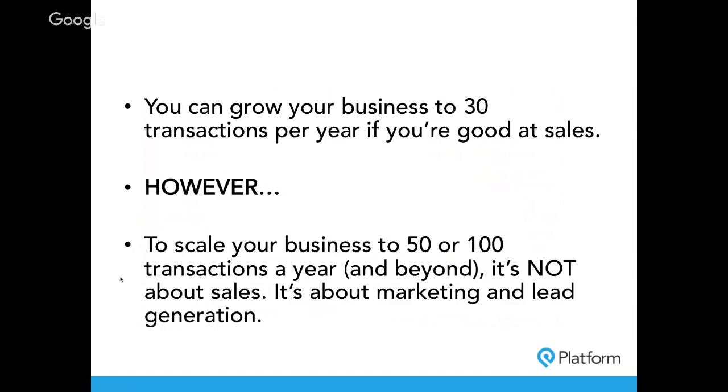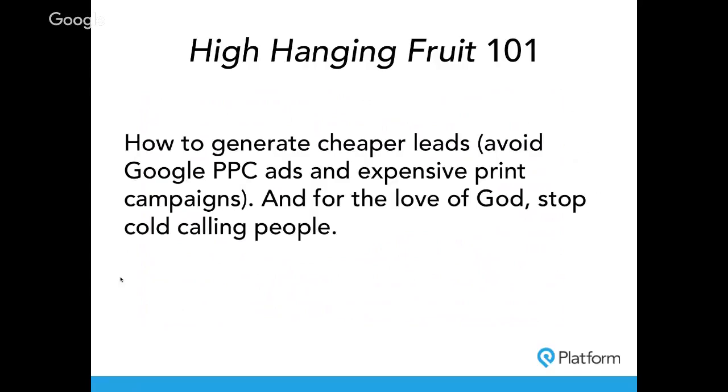It's because subconsciously they don't realize it, but they have no more hours in the day, right? So if you want to get to that next level, you have to build a marketing system so that the number of leads you have coming in is completely independent of your time, right? Completely independent of your time. So let's talk about what I call the Google industrial complex and why leads are so much more expensive now in 2018 than they were just a couple years ago, right?